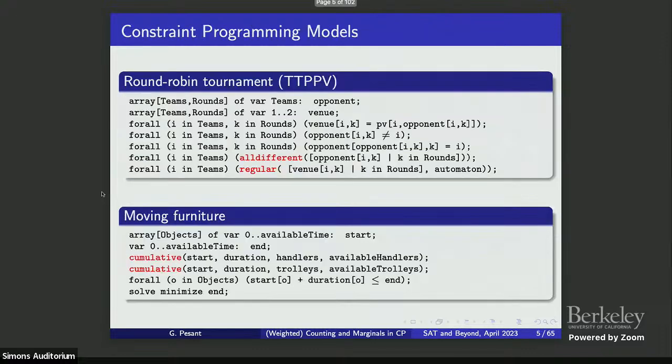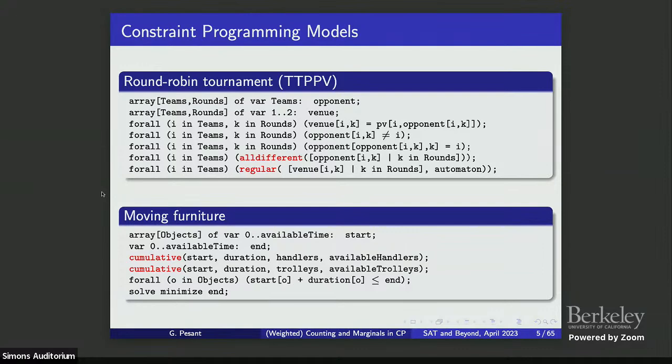Here are two example models. The first one, a round-robin tournament, where you're defining some variables, and some constraints are simple. You've got even a unary constraint here, and so the binary constraints. But most of the combinatorial structure of your problem is represented in those global constraints or larger arithmetic constraints, such as the all different here. So you have several all different constraints and regular constraints. You'll hear about that later on. That's where your structure is, and maybe you can exploit that. We do actually. I'm proposing to go even further.